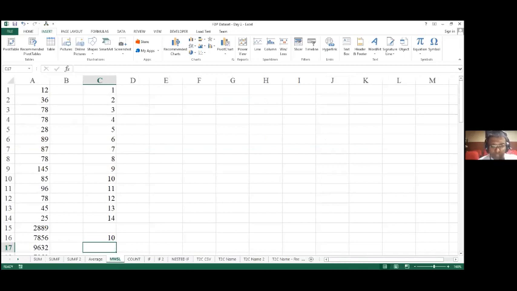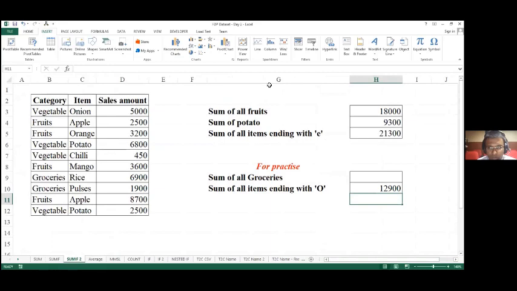Hello, sir. Yes, ma'am. I'm Vijayalakshmi. Sir, in the case of SUMIF, you explained how to select a word ending with some letter, using an asterisk symbol. Suppose I want to select a letter which is in the middle or in the beginning, is there any way to do that, sir? Yes, ma'am. As part of the session on Friday, I will be covering how you can play around with these kinds of scenarios.